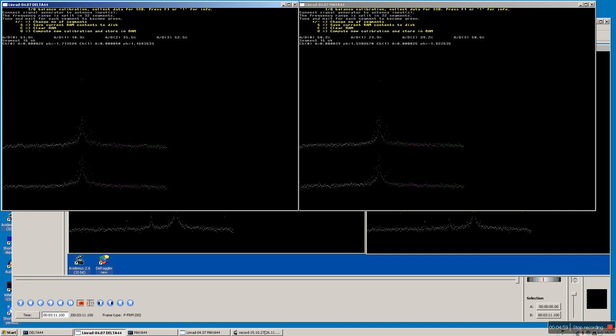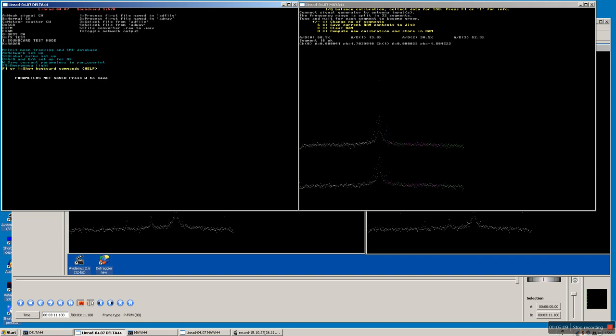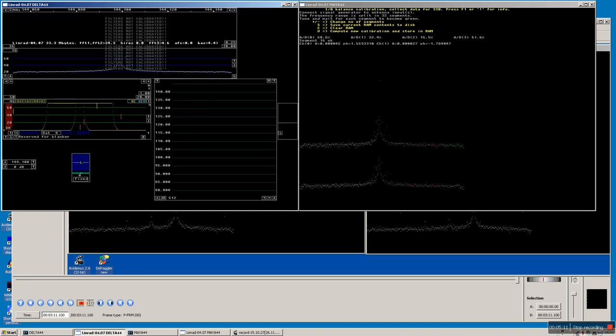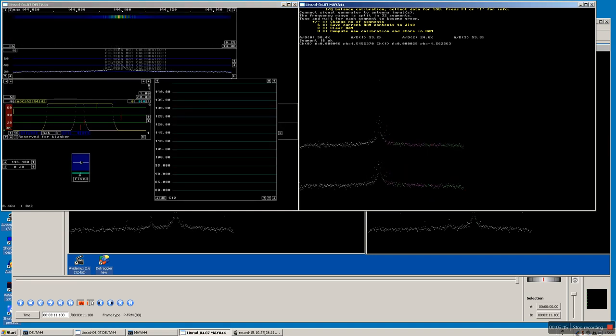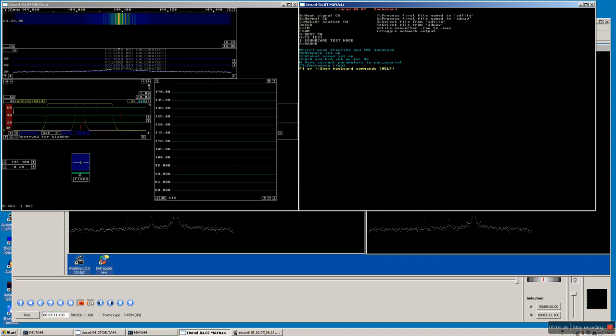Save current RAM contents to the disk. That's S. And then X and D, and here save, and X and D,